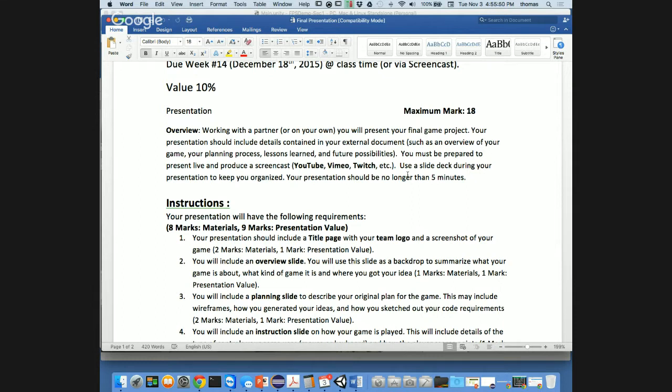This is in place of your exam, so this is mandatory. Now, there might be a chance that we can't get through it all because of whatever, and that's why I'm asking you as a backup, because I'm going to look at this stuff again when I mark you, right? Do a screencast.